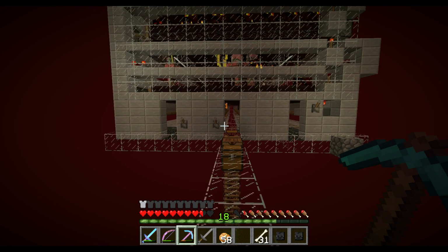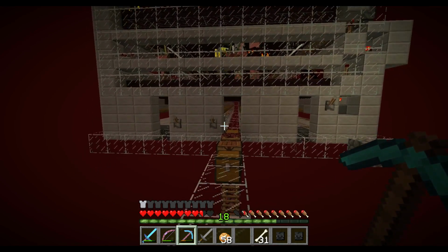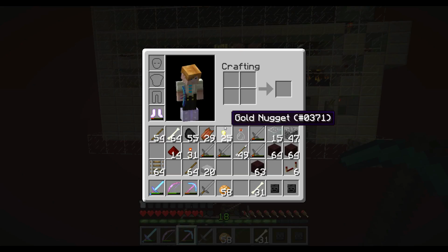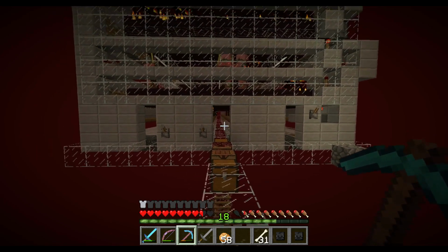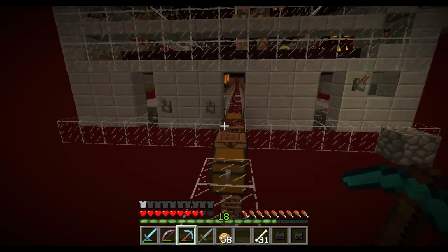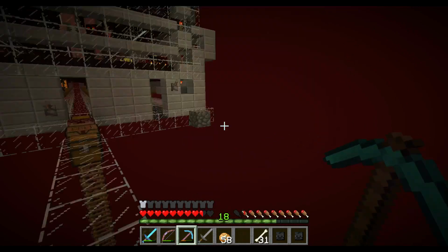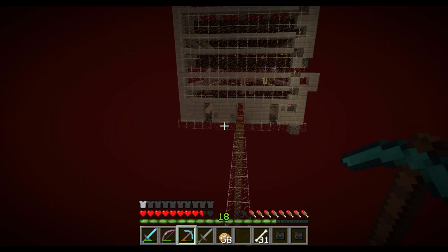And also I might want to place in just hoppers instead of the hopper minecarts. I will now collect some more gold and install the hopper minecarts, so I have at least some collection, and bring back my items. And in the next episode I can then show you how many wither skulls I got